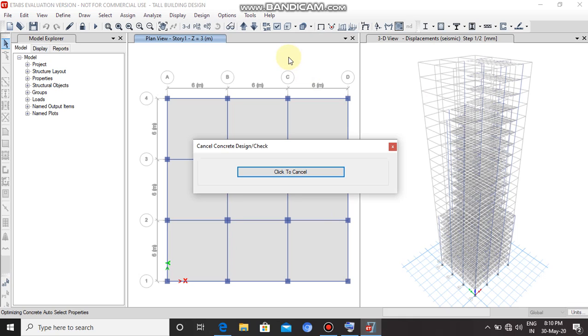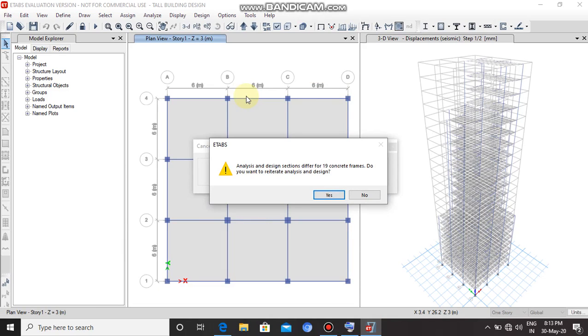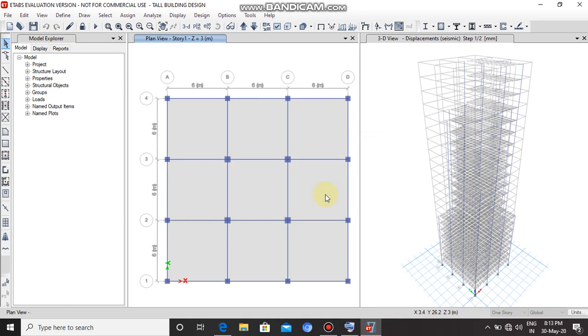Now, wait for some time as the software runs the design on the building model. Once the design is completed, the software asks permission to reiterate the analysis and design for the failed members. So, click on yes, because we have selected the auto select option for beams and columns.